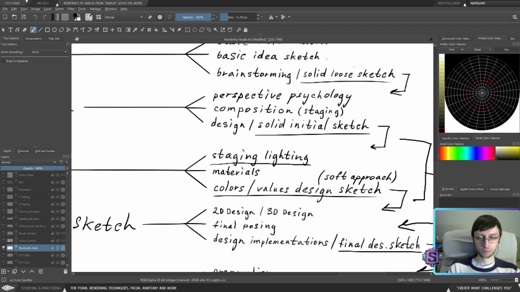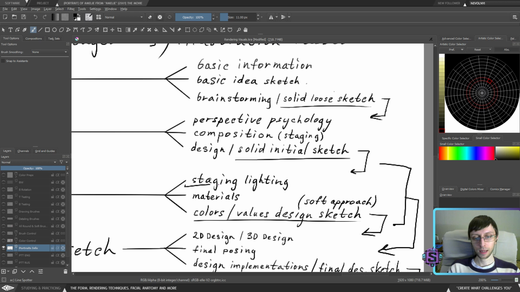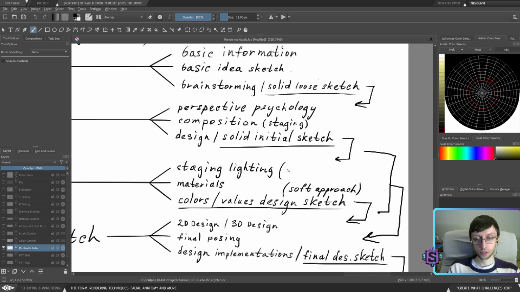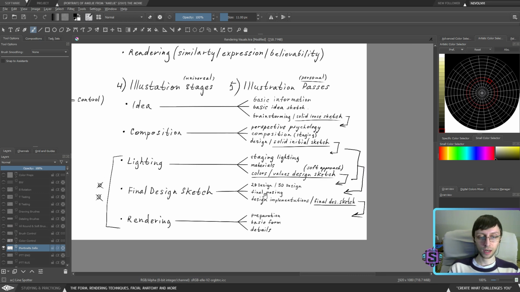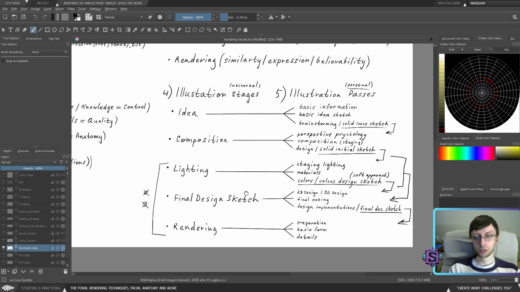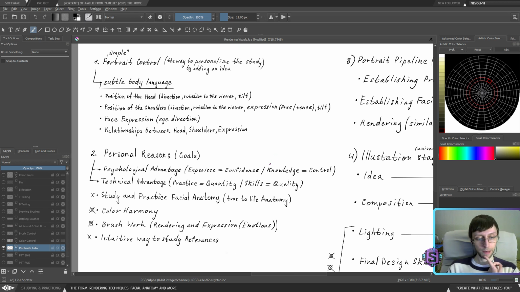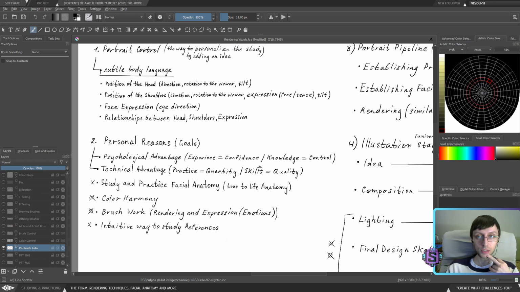Right now my main thing is going to be work on staging. I still don't know to what extent I need to work with the solid initial sketch. Do I need to implement lighting to it or not? Or is this actually going to be the addition of lighting to it? I don't know. We need to go through this in order to figure out how to work with it. You can establish your passes outside of your experience, but unless you get this experience, you're not necessarily going to be able to control it. Okay, so this is kind of it, I believe. I guess we covered everything that I wanted to cover throughout the session.